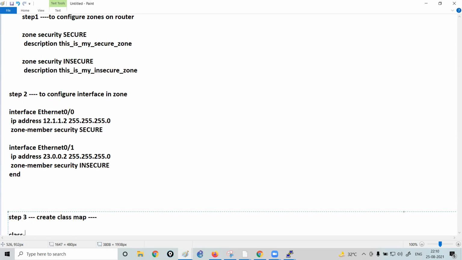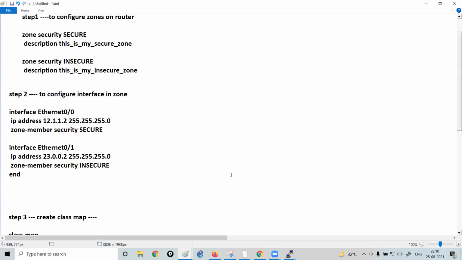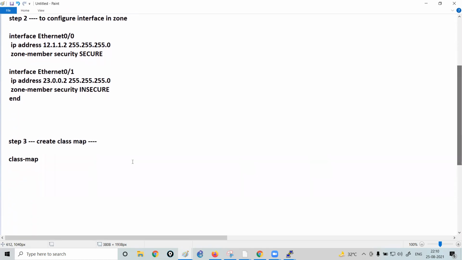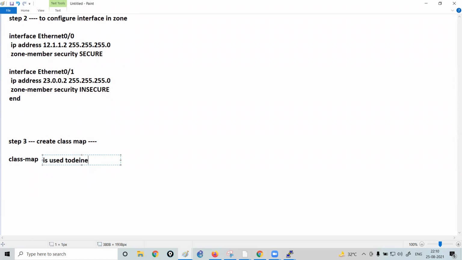Class map is used to define interesting traffic, or the traffic on which action has to be performed.